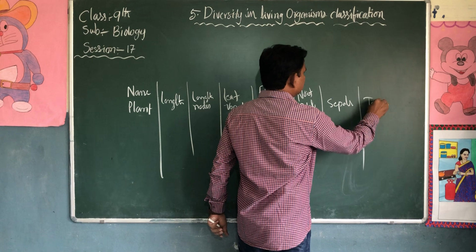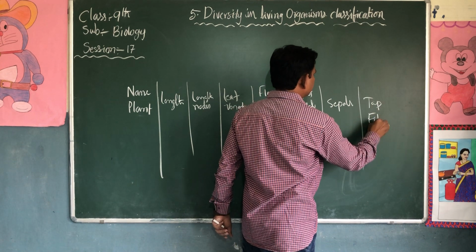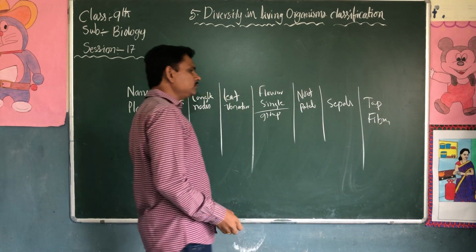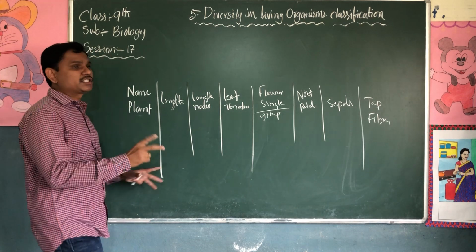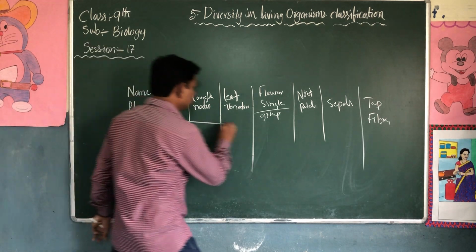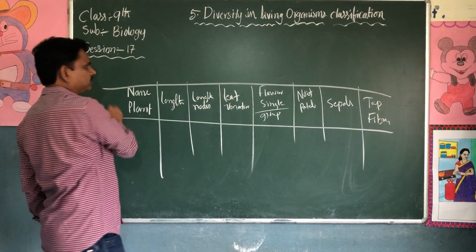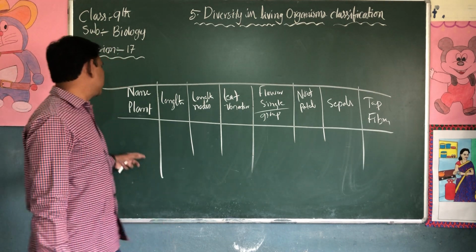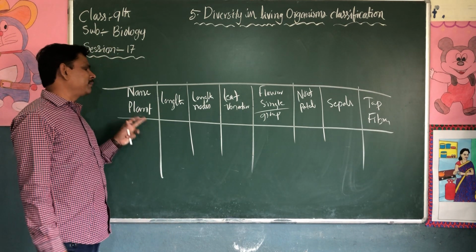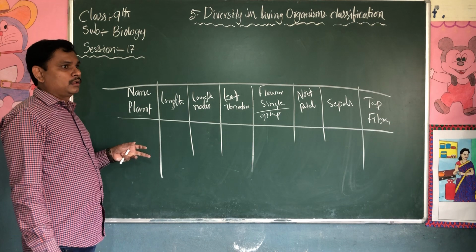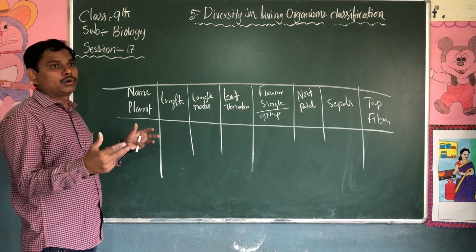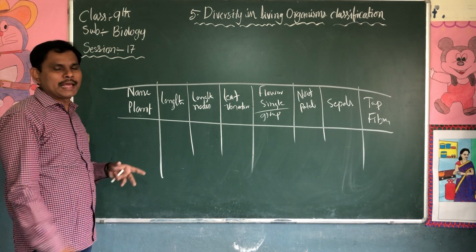Now we observe the external characters of the plants. You can take different plants, like neem plants, guava plants, mango plants,